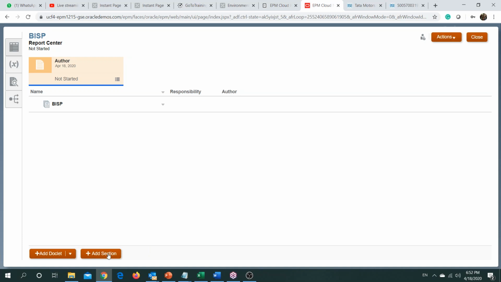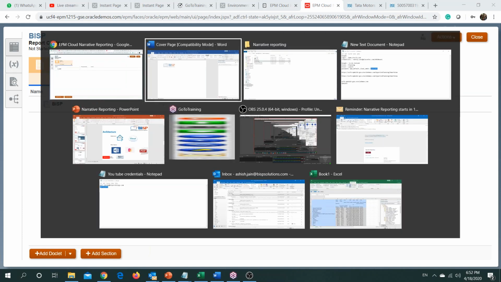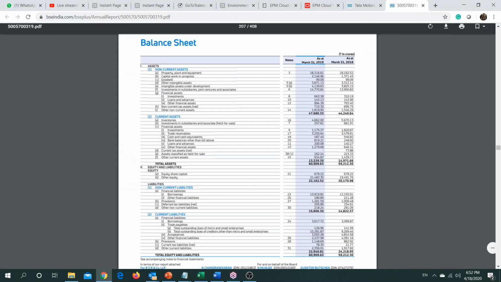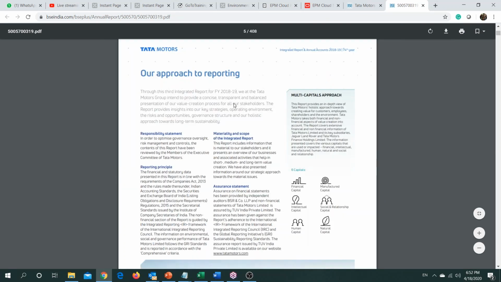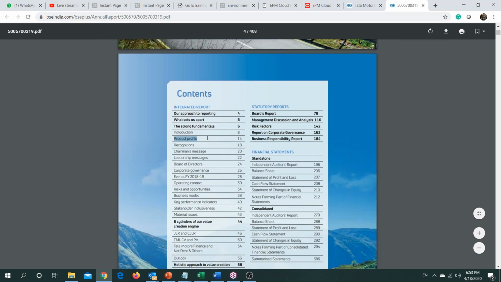There are certain doclets and sections. So sections, what does section mean? So let's move to the annual report that we have and say we had a content page. These contents become our sections. For example, introduction could be a section, your product profile could be a section, chairman's message could be a section. Else you could have more top level sections like the integrated report, under which you have these sections.